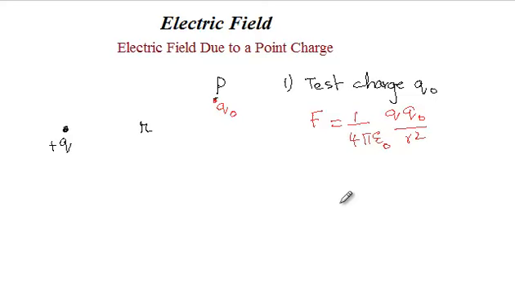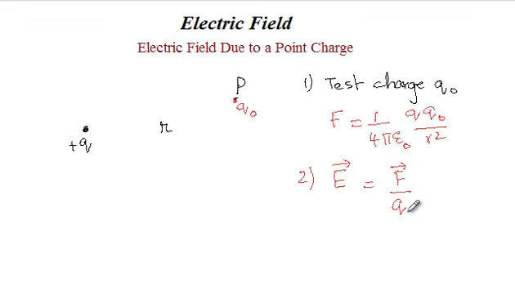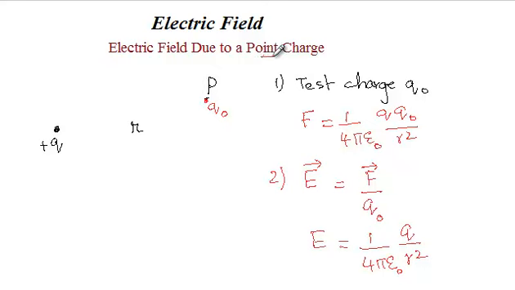We've applied Coulomb's law. Now the field over here is given by the force experienced by the charge divided by the test charge Q naught. So the magnitude of the electric field is going to be 1 by 4 pi epsilon naught, which is often abbreviated as K, times Q by r square. This is the electric field due to a single point charge.